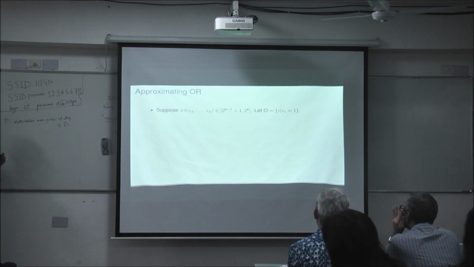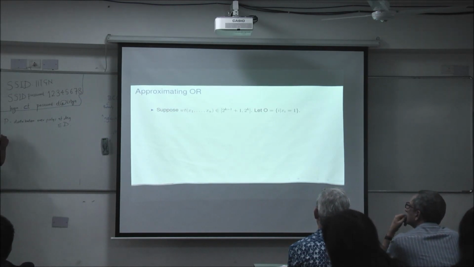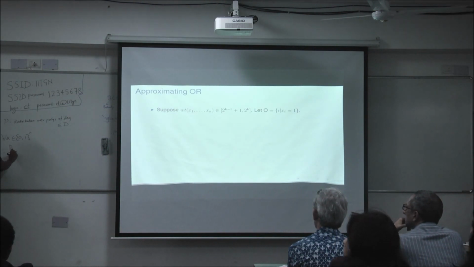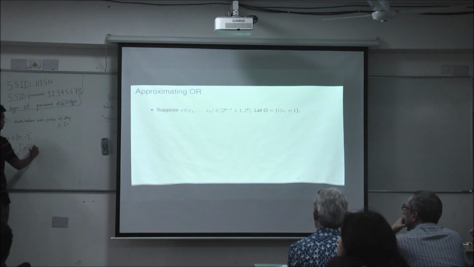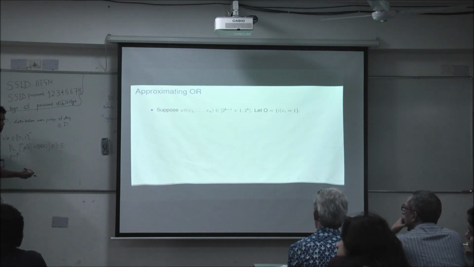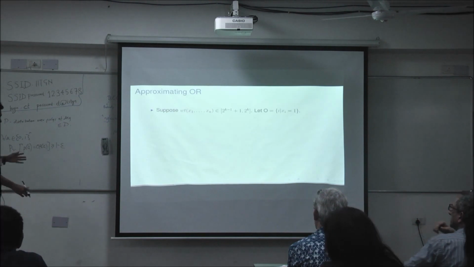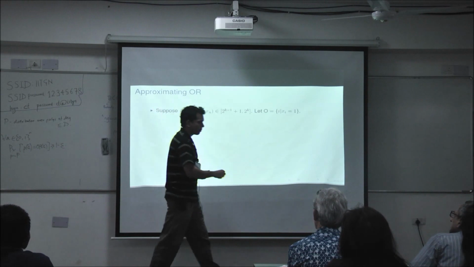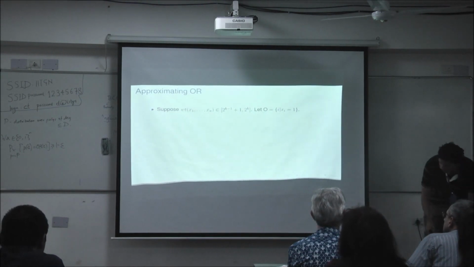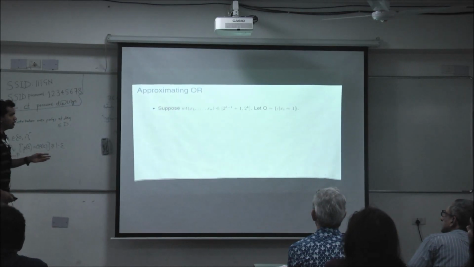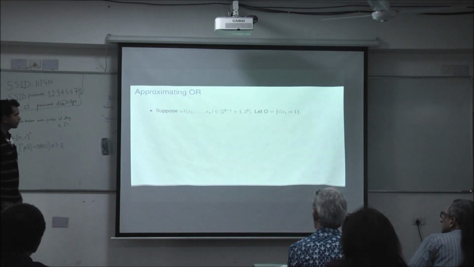With what property? Well, what does a randomized algorithm do? For every possible input, so for every a in {0,1}^n, the probability that a random polynomial from this distribution agrees with your function at a is at least 1 minus epsilon. So the probability that it disagrees is at most epsilon. This is the notion of approximation that we are working with. What I want to show is that the OR function under this notion of approximation actually has very low degree polynomials. So how do we do this?